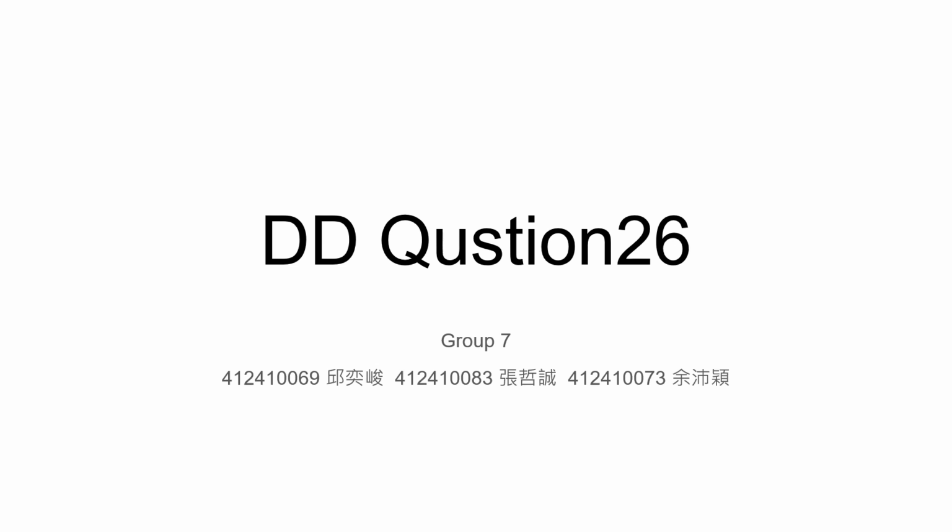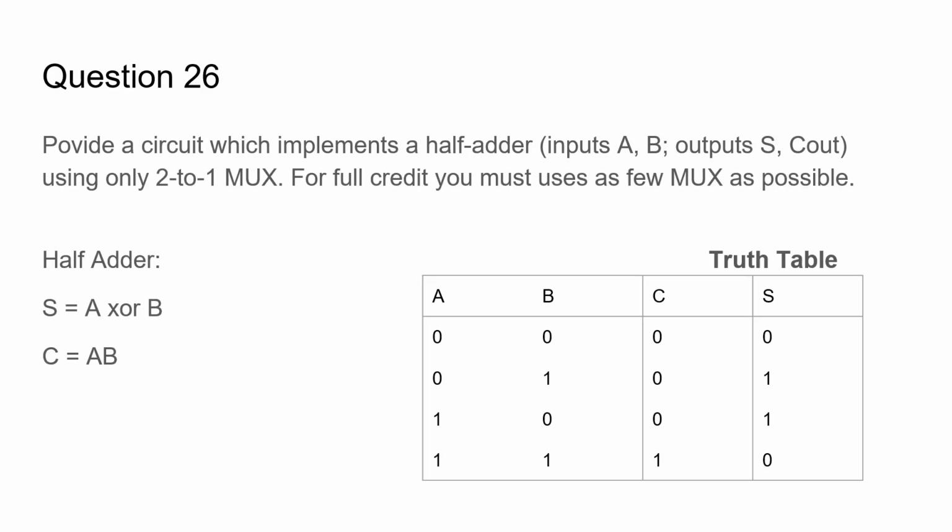Question 26. Provide a circuit which implements a half-adder, inputs A, B, and outputs S and Cout, using only 2-to-1 multiplexers. For full credit, you must use as few multiplexers as possible. And we can derive the truth table of the half-adder